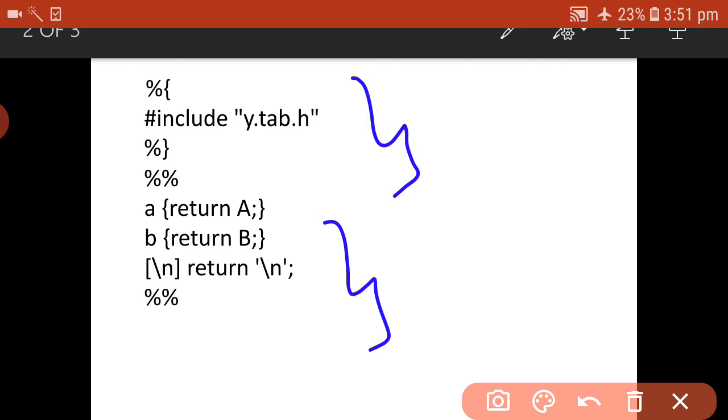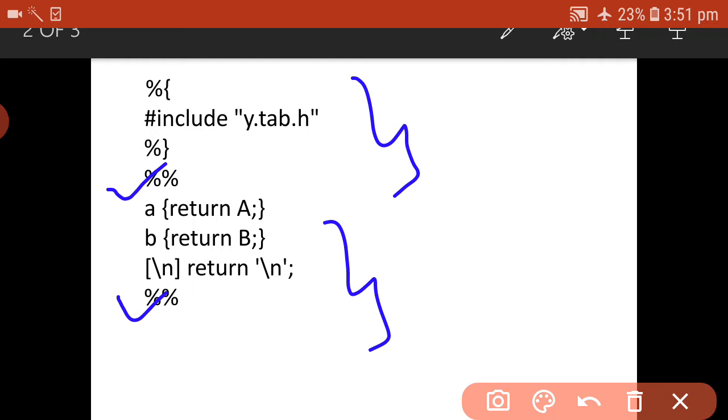In the definition section, I am using y.tab.h. This is nothing but a header file that will be generated by the parser. The rule section starts and ends with delimiters. This is mandatory; if you do not use the delimiters, you will get errors. Then you can initialize some tokens.